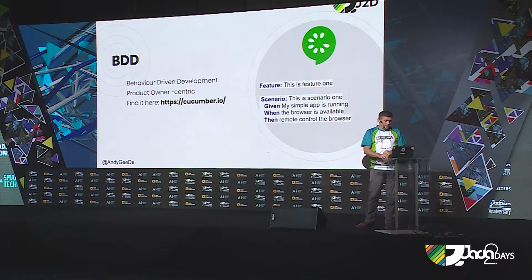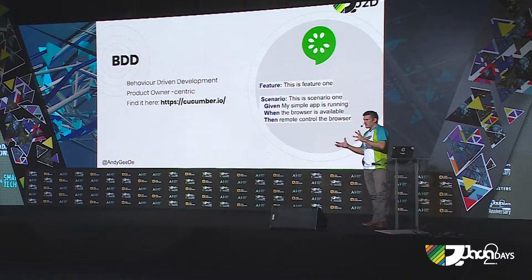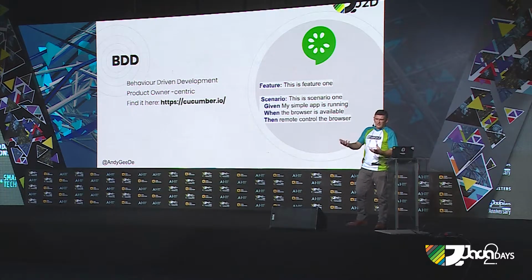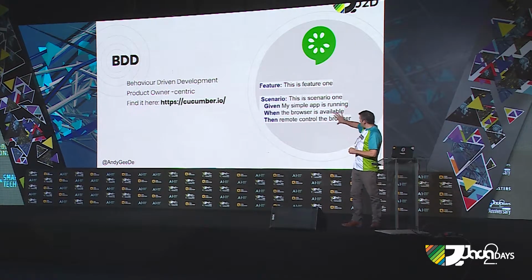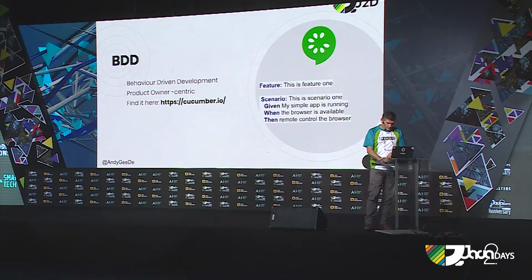I like to say they're product owner-centric, so we all have our product owners giving us direction, and this is a way for your product owner to speak to developers using a common language, and we actually call that a ubiquitous language, and we share this feature, and we can have multiple scenarios, and it follows the given-when-then paradigm, and it's very simple to read,